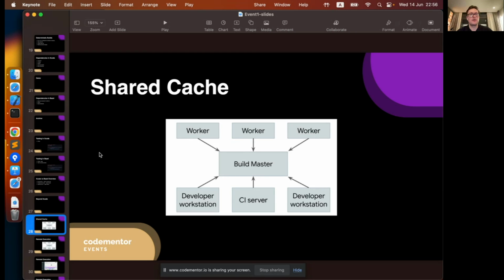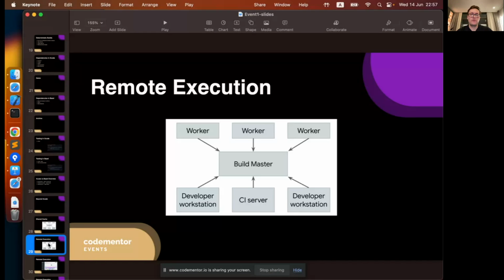So on this diagram, you can see that's a typical setup for such a company. There are many developers and CI servers that connect to the same central server that hosts the cache. With that setup, the developers can reuse the parts of the project that were built by other developers. And there's even more. With the same setup,